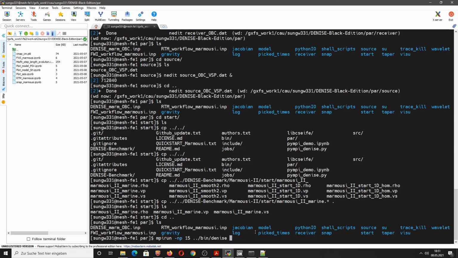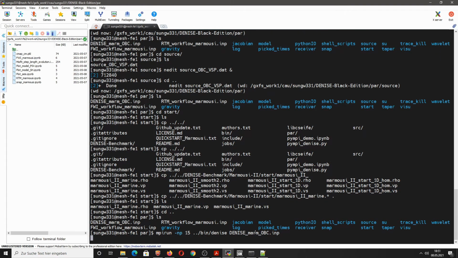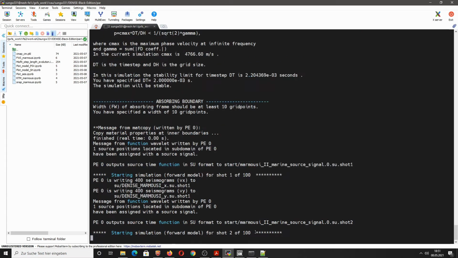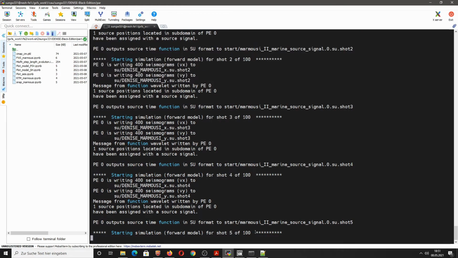And as I mentioned before, I will discuss all the parameters in much more detail in a later tutorial. For now we simply want to run this forward modeling problem, and that's it. So now we can hit enter and the Denise code will start the forward modeling run.